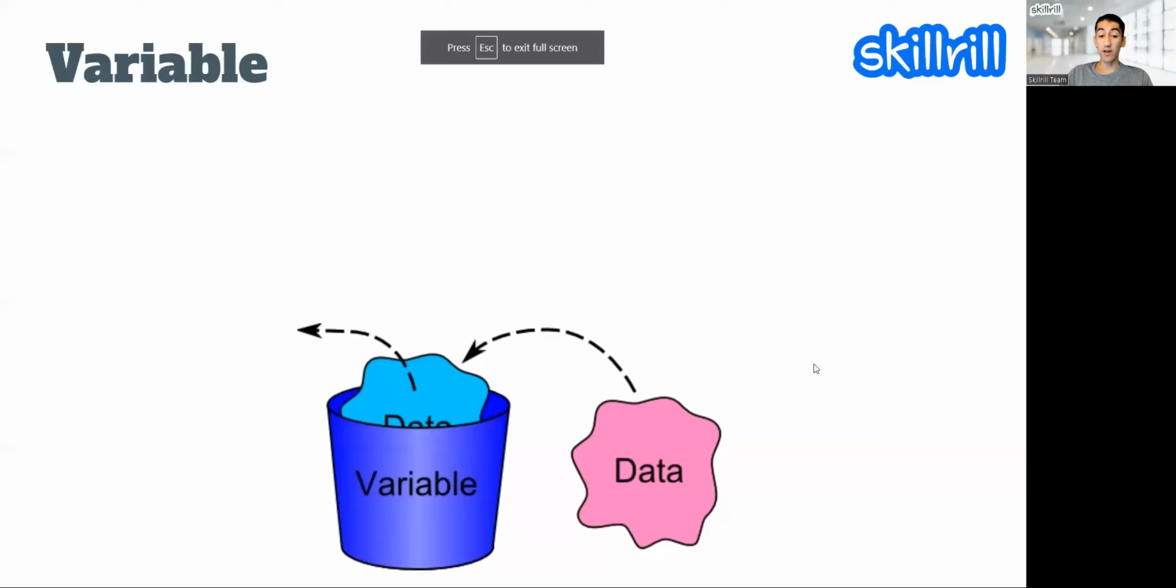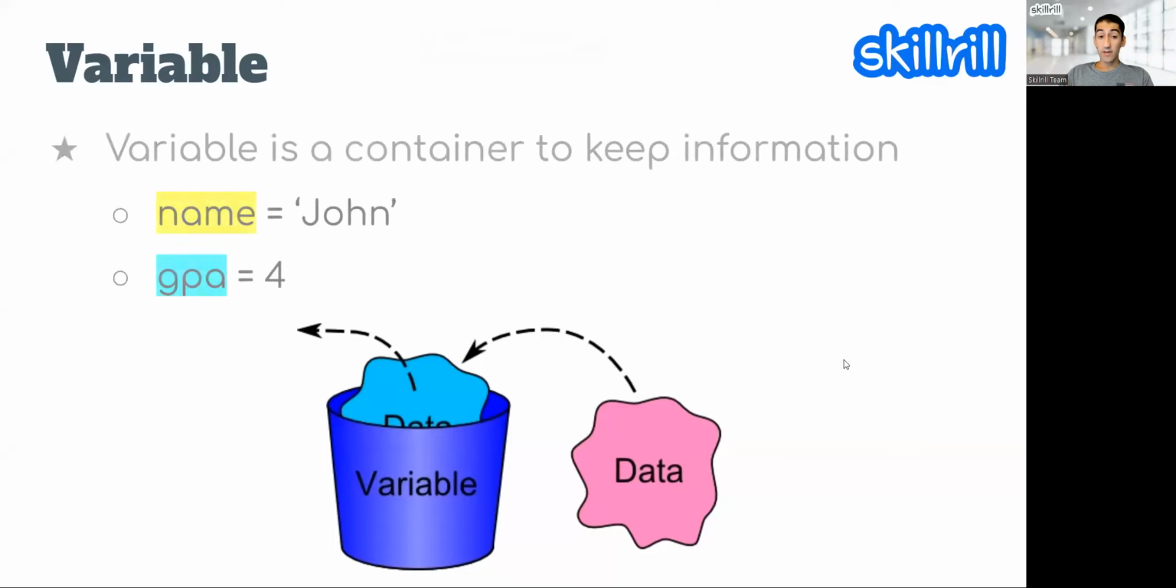So what is a variable? A variable is a container to keep a reference to an information. So it's like a label, or like a shortcut. You can think of it that way, pointing to an information, right? But to explain it simply, just think of it as a container, like a box with a label on it, and then you're getting the data and putting that data in that box, right? So